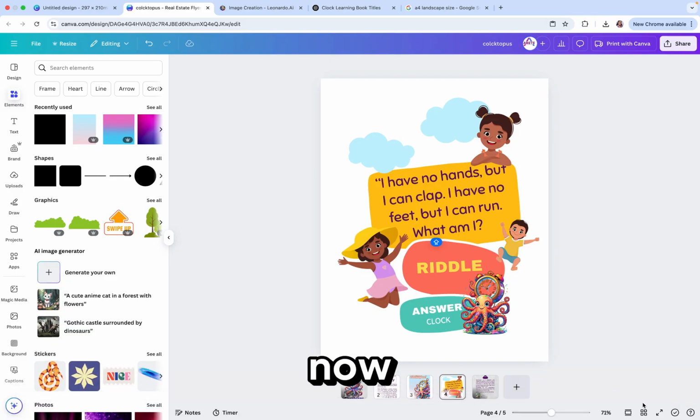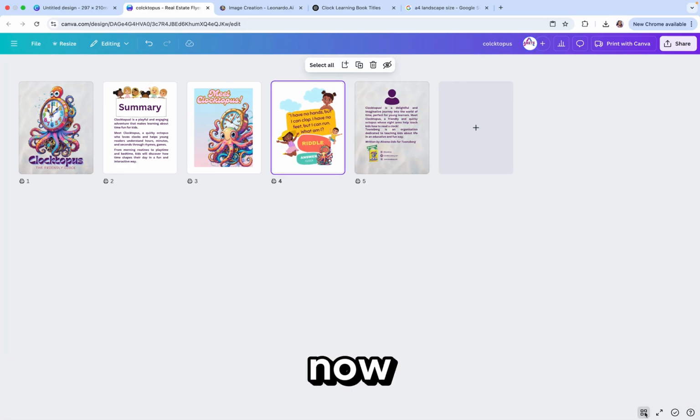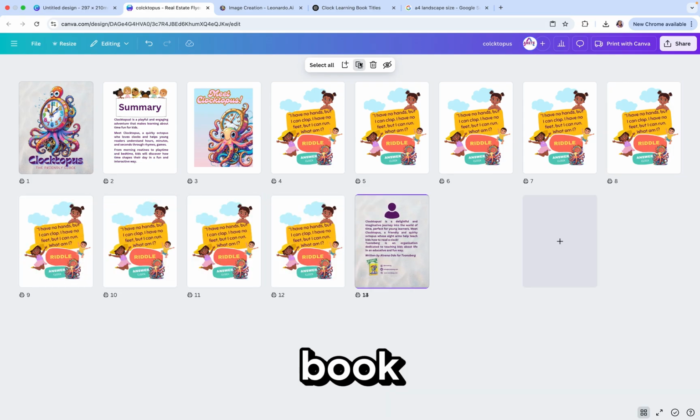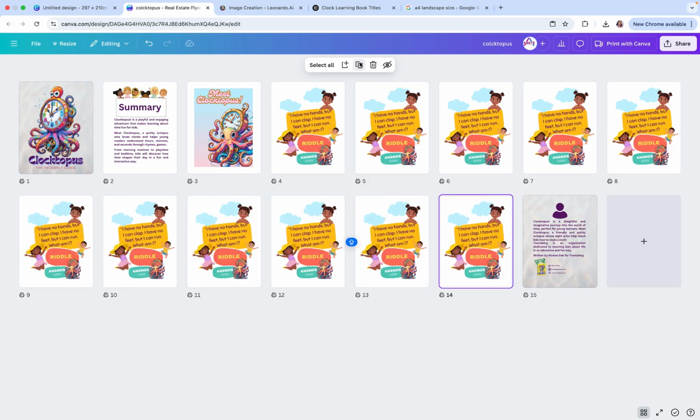Okay, so now that we have a riddle page, I'm just going to duplicate this riddle page. We have a title page. I'm going to also duplicate that, so that is what is going to form the framework for our book. So all the riddles,